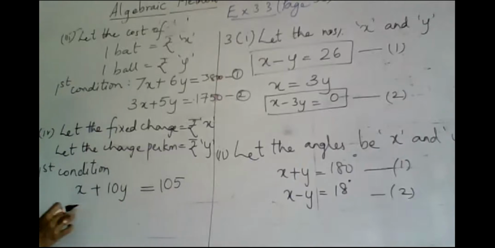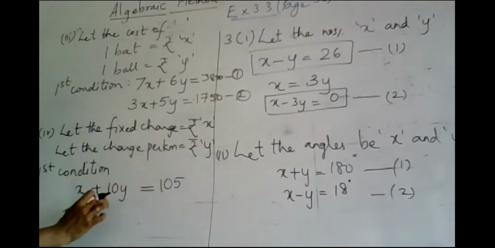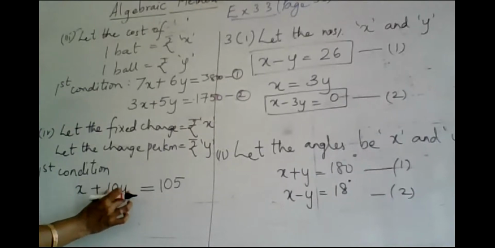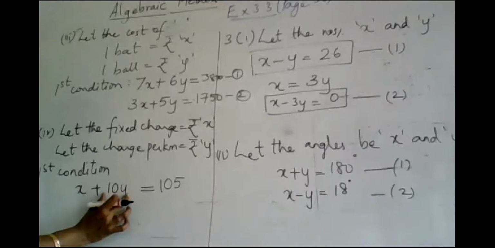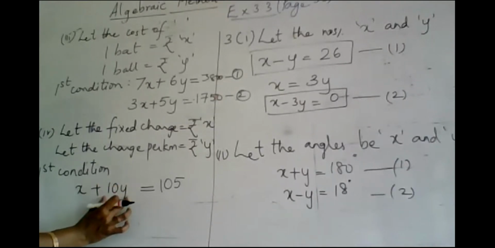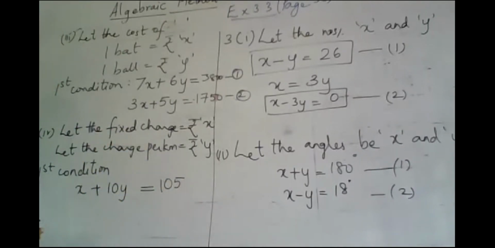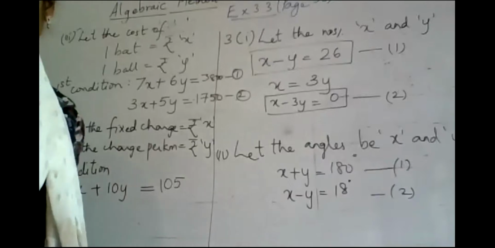Did you understand how this equation is formed? The fixed charge is already there. After that, for every 1 kilometer that I am traveling, I am paying Y rupees. Now, how many kilometers did I travel? I traveled 10 kilometers. So 10 into Y is the money I have to pay. So this is the extra money and this is the fixed number. So fixed plus extra will give me the total charge that I have to pay at the end of my travel. Now the second condition says,